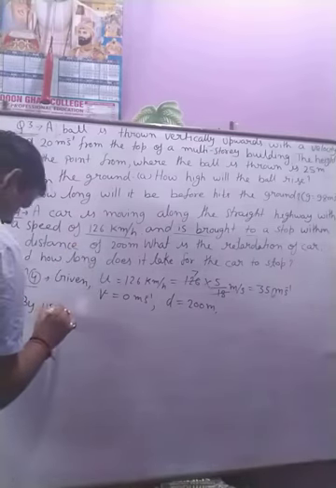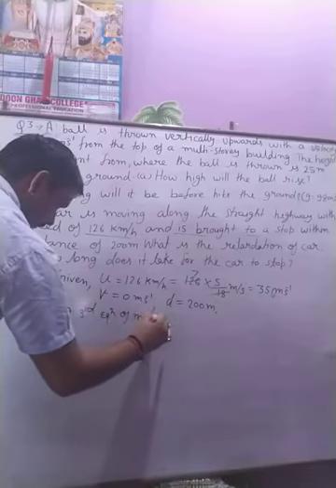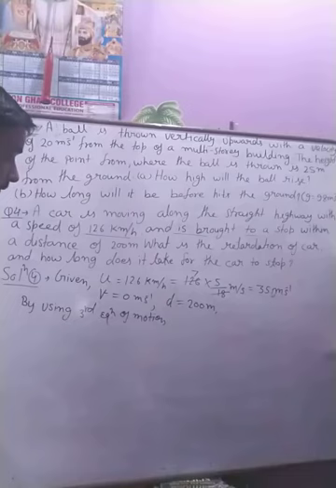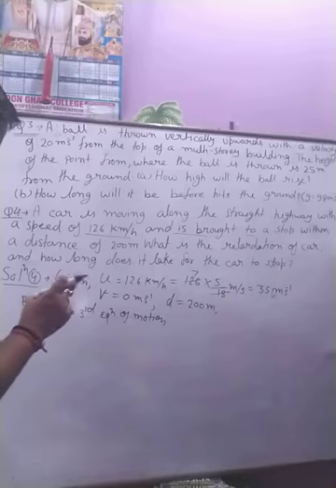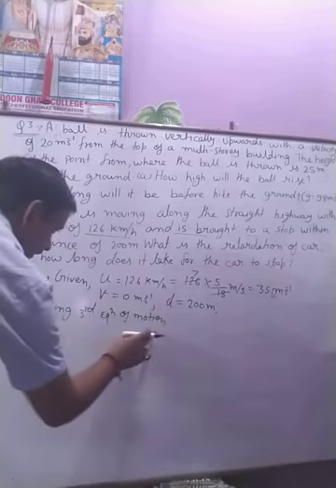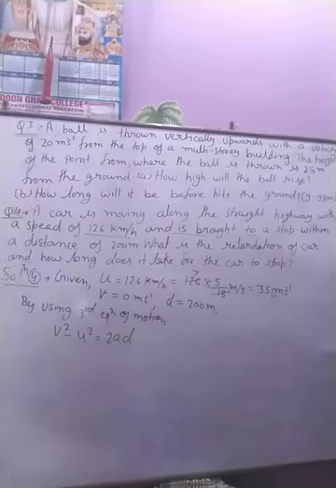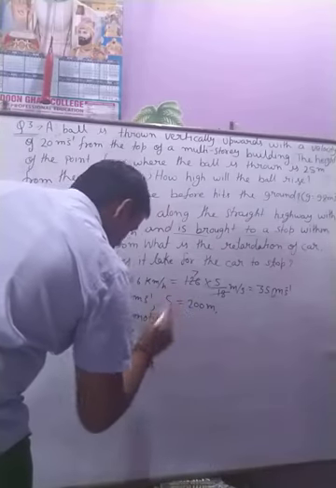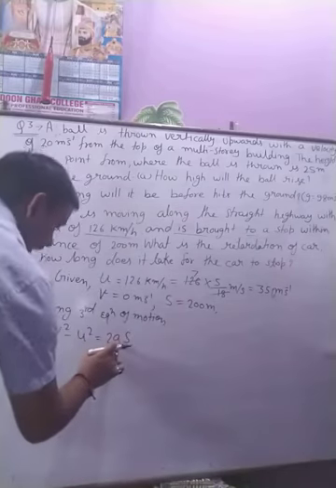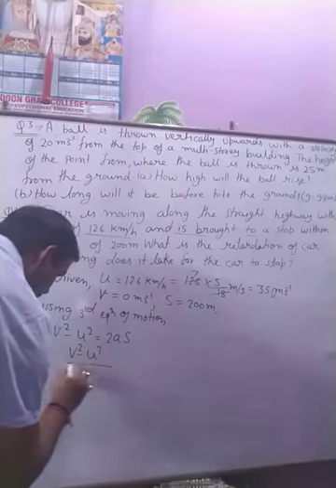By using third equation of motion, we can calculate acceleration, d हमारे पास है. ओके, ठीक है. तो ये हमें मिल जाएगा v square minus u square equal to 2ad, और वैसे अगर हम इसे s use करते हैं so we can say 2as. So we have to calculate here a, so we can solve for a. a is v square minus u square upon 2s.